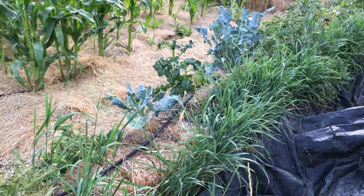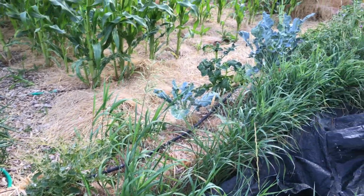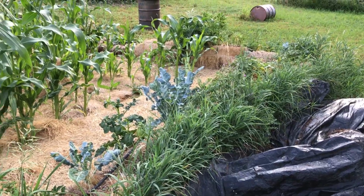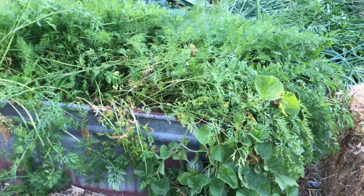I also put some broccoli in here because I had some empty spaces. There are a couple, there's the plants at the other end of the potato patch are doing better. There's a lot of grass over here too. It's hard to tell. We'll get that in a minute. Looks like we have a bunch of starlings behind me. Okay, here I have